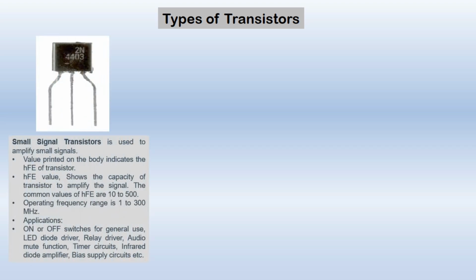First one is the small signal transistor, which is used to amplify the signal. The value printed on this transistor indicates the gain of the transistor. The gain value also shows the capacity of the transistor to amplify the signal. So the higher the gain, the higher the amplification capability of the transistor. The common value of gain for this transistor is 10 to 500 and it operates on a frequency range of